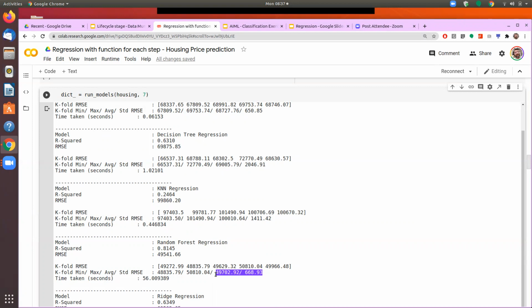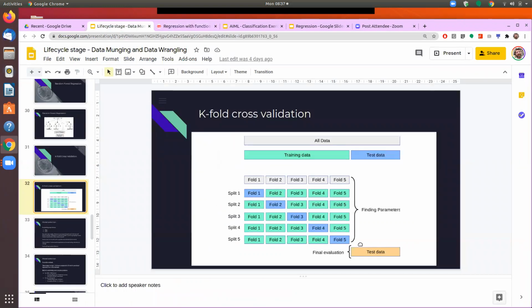So K-fold is: we take the data set and divide it into parts. Then during the training process itself, I keep one part aside. I run the training on the remaining parts, and then I do the validation on the one part kept aside. And the part on which validation is done, I go on changing. So in the first iteration, I do the validation on fold 1. In the second iteration, I do the validation on fold 2. And that's how I am able to assess the volatility or the stability of the model.